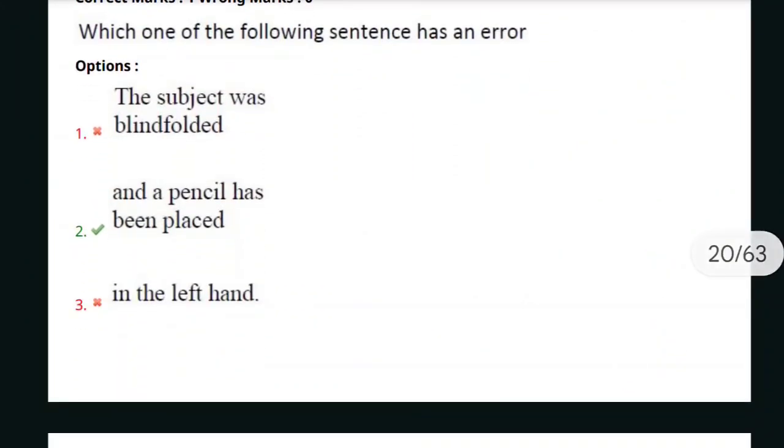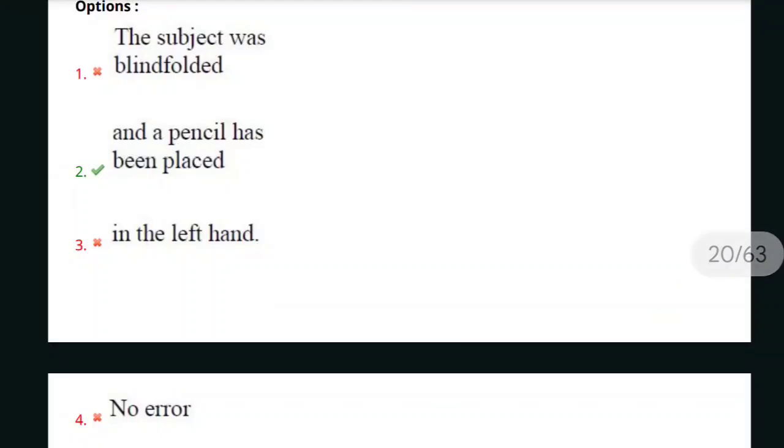Choose one of the following sentence has an error. This question is again on error identification, finding the error, correction of the sentences. The subject was blindfolded and a pencil has been placed in the left hand. Yes, by just seeing the sentences, we can say that the error is in the second statement, has been placed, and the correct option, the